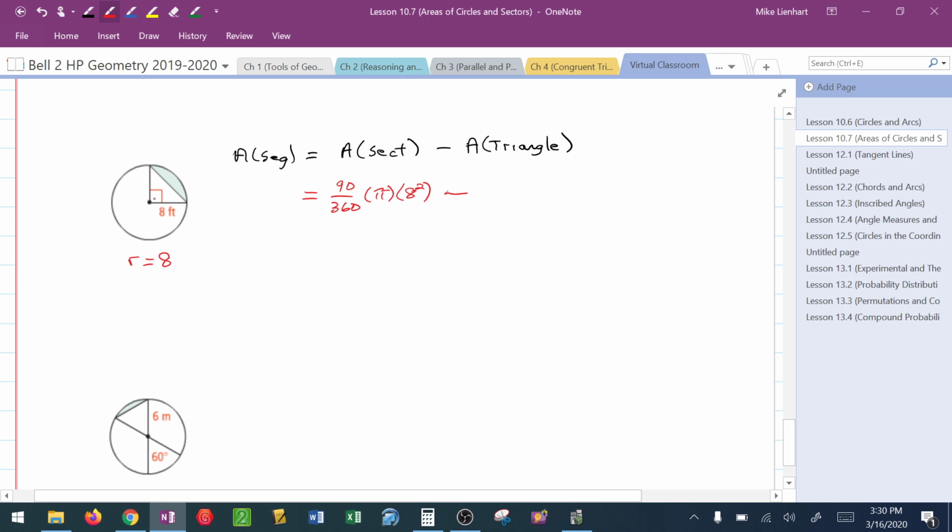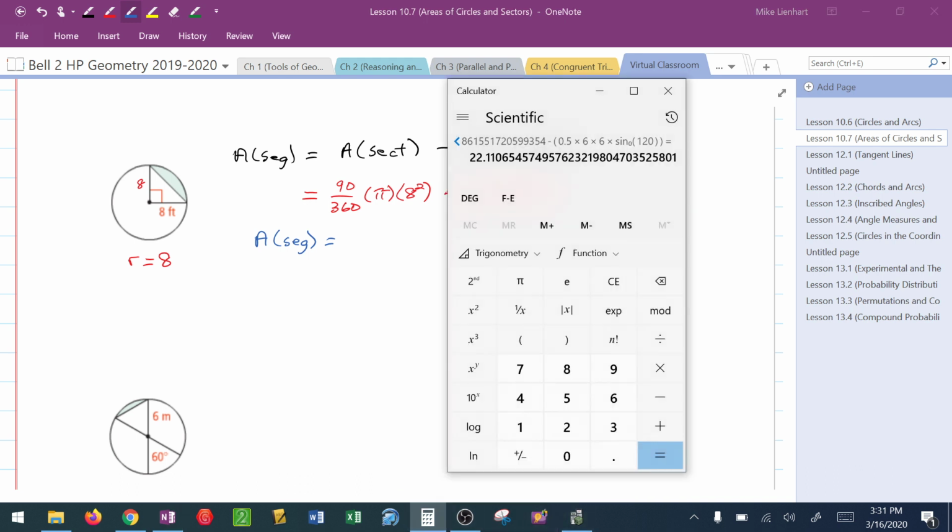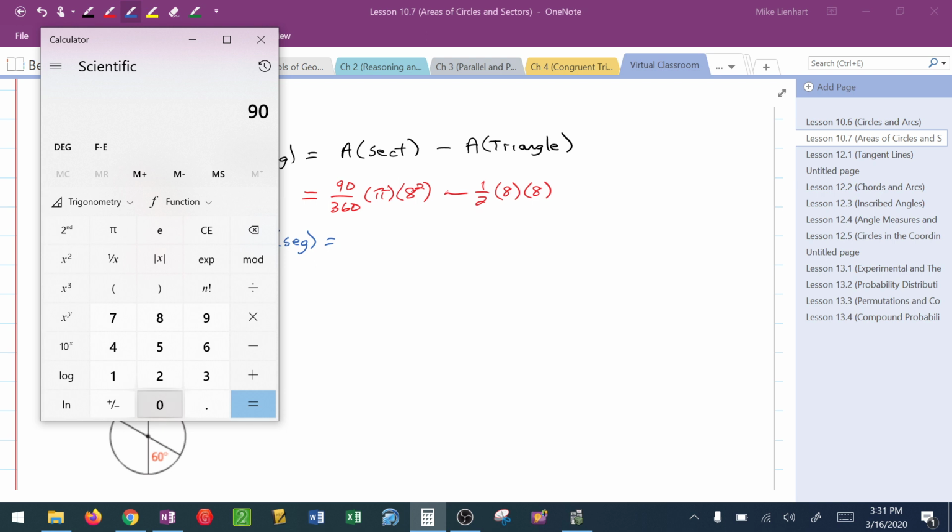Now, because this is a right angle here, I know that the area of a triangle is 1/2 times the base times the height. Well, I know the height also has to be 8 because both the base and the height are radii. All right, so this is a little bit easier for me. Let's see, the area of this segment will be, let's use this calculator. So I've got 90 divided by 360 times pi, where's pi? Times 8 squared